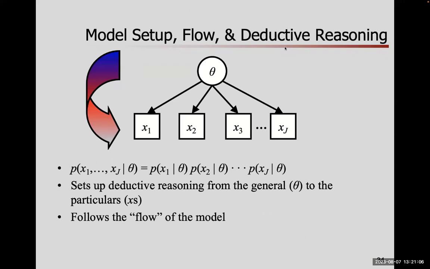So here is our model setup. There is a particular flow, if you'd like. You can read it as an expression. There's that conditional independence expression. The distribution of all the observations, all the x's, given the latent variable, I can factor into going one of them at a time. That's the conditional independence assumption that lurks behind so many of our models. There's a particular flow. Look at the directionality of the arrows from the latent variable, the unknown parameter, down to the observables.